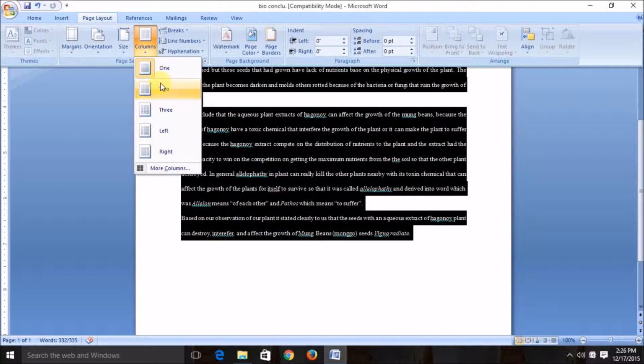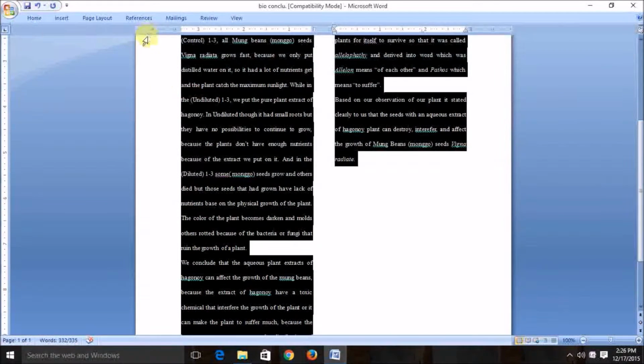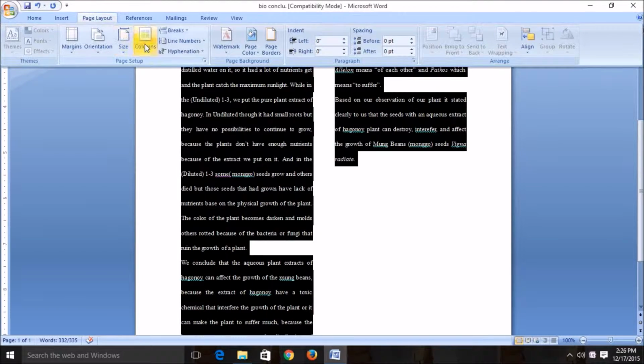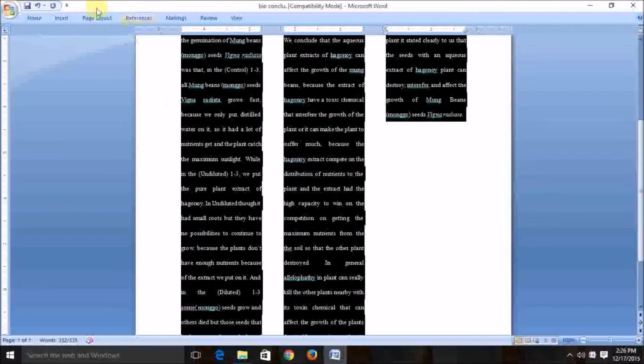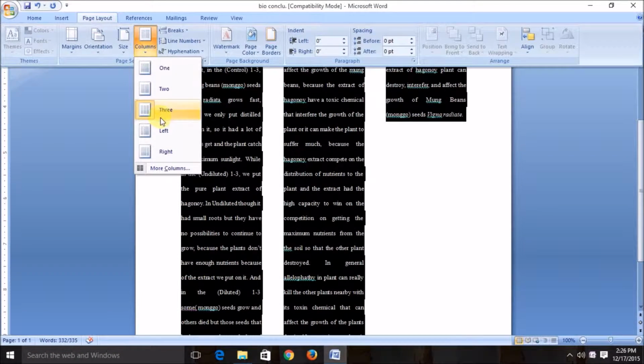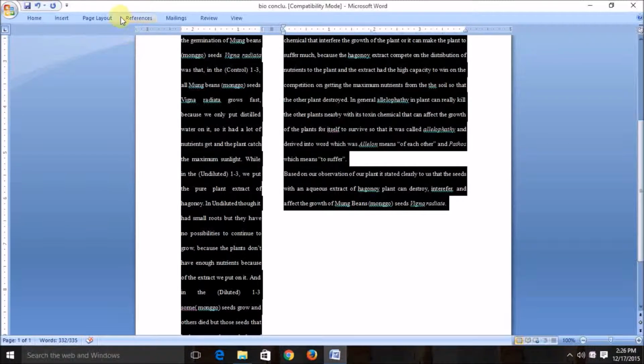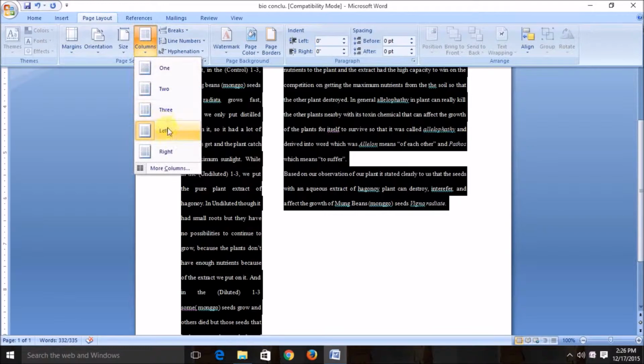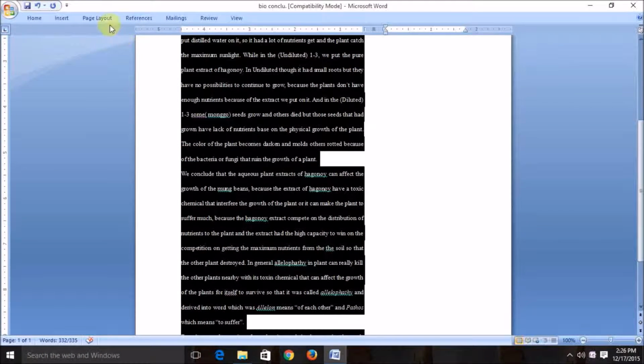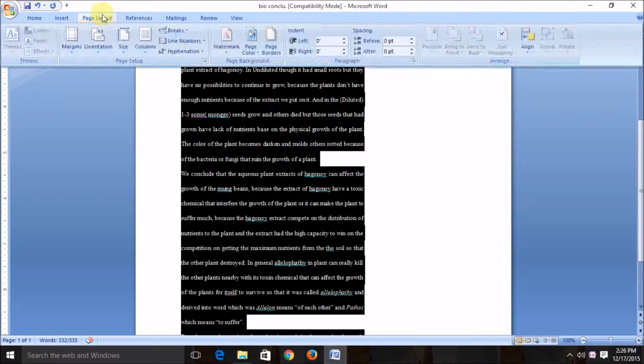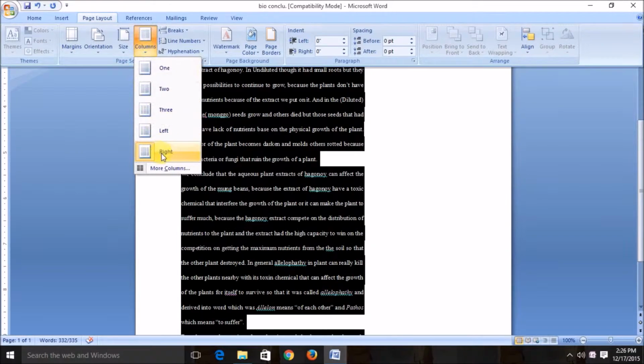Select the number of columns you want to insert, like column 2, 3, or if you want your column on the left side or on the right side, or more columns.